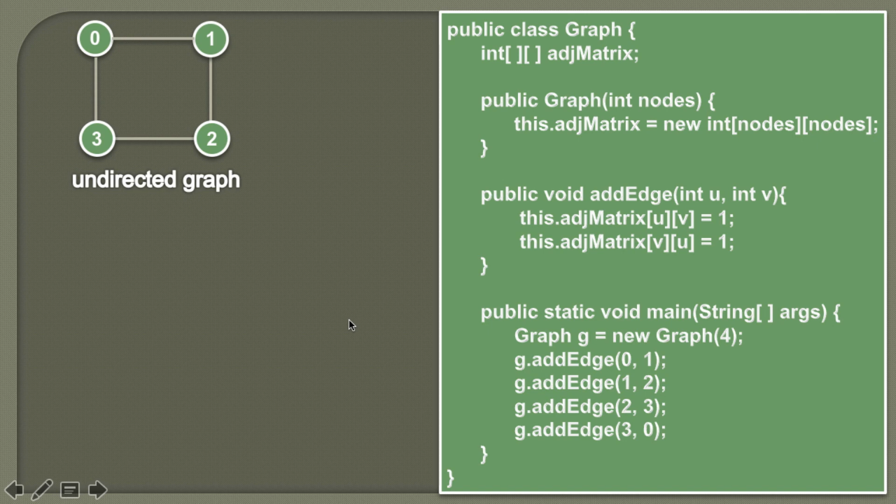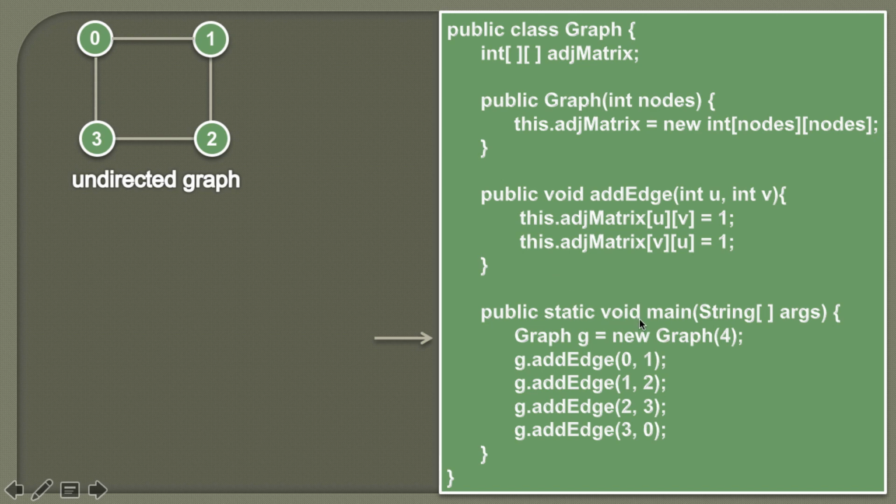So in our previous tutorial we discussed that using a matrix we can represent a graph. So here in our Java class Graph we have this adjacency matrix, and in the constructor we are initializing this adjacency matrix with the number of nodes in the graph. There is a method addEdge which takes two parameters, let's say u and v. So suppose we want to add an edge between 0 and 1, so 0 would be u and 1 would be v. So through this code we can add an edge between u and v. So we'll see its demonstration step by step.